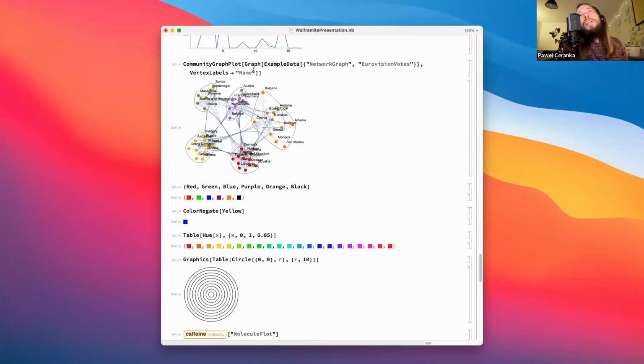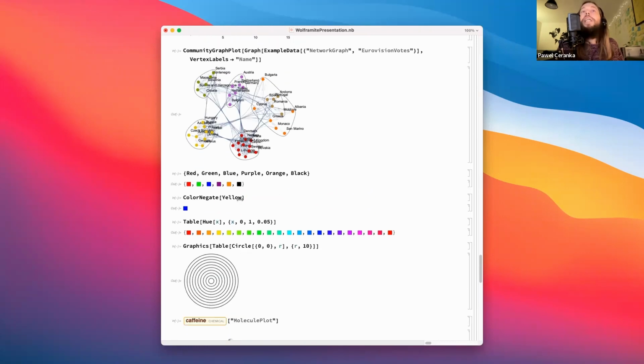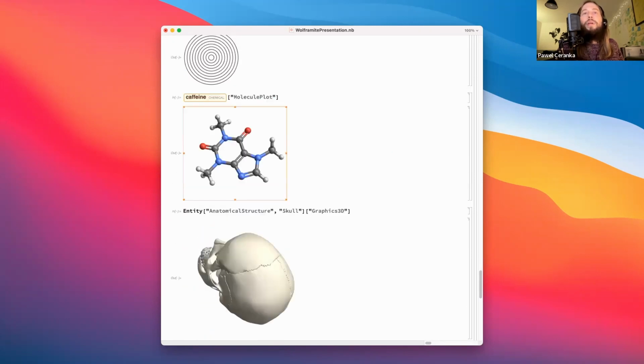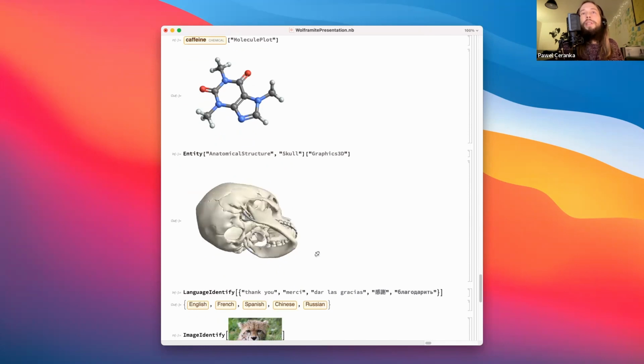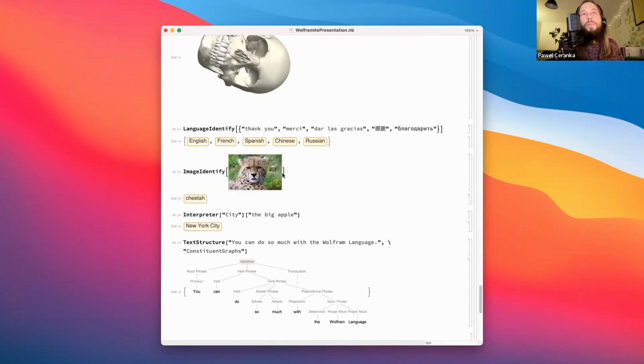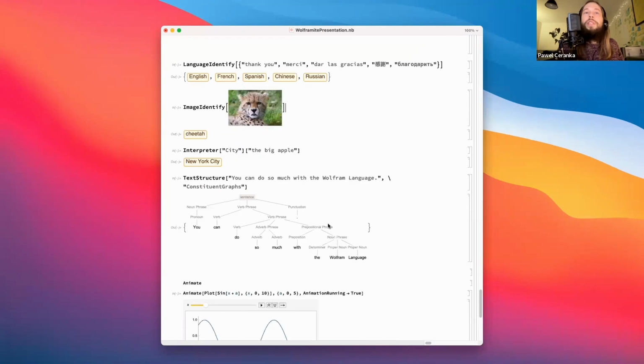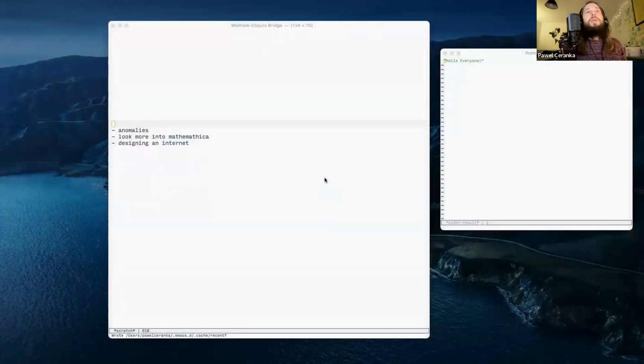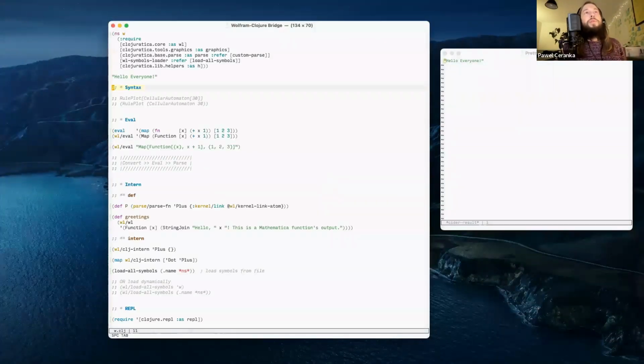It has a lot of support for different parts of human knowledge, for biology, for studying graphs and networks, plotting, and all sorts of things, chemistry. This stuff is interactive as well, and it's three-dimensional for anatomy and stuff, some machine learning stuff, and that's the kind of thing we've seen already. So yes, these are my notes from the previous session.